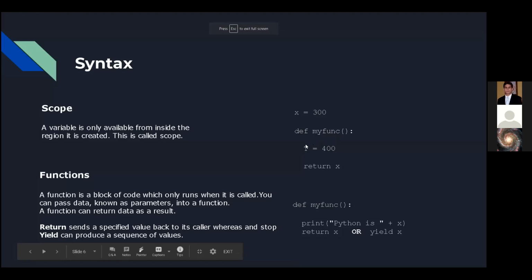So in this case, the x and the function here called my function are at the same level. They're in the same scope, the same circle that we were talking about. So if you're trying to access it from anywhere inside of that function, you're going to be able to. But if you're outside of this function and you're trying to access this t, you're not going to be able to.